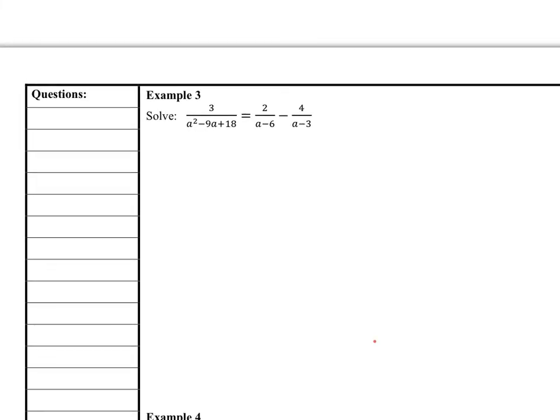All right, example 3, we want to factor first, so we should be add multiplying for this one. It would be a minus 6 and a minus 3 in order to add to negative 6 and multiply to 18. So our LCD over here,